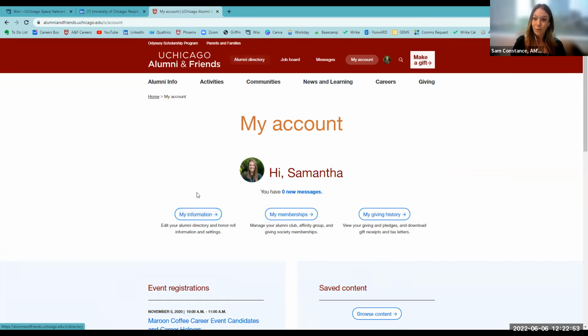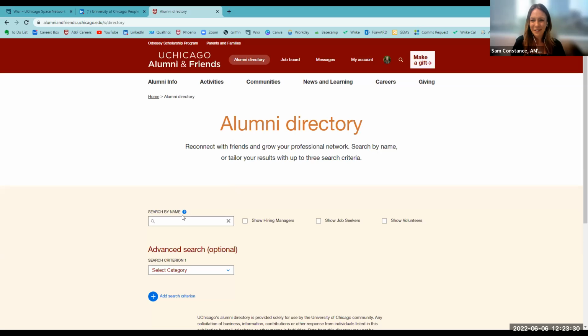And all that information will appear on the directory, or actually I should say not all of it, as much of it as you want. That's a really important piece of this directory, is you can choose how much of your information you feel comfortable sharing with folks, with alumni, authenticated alumni who are logging into this site. It can be all of your information about your career history and your location and everything, or it can be just your name, it can be none of it. And I will also say we don't share any personal contact information on this directory, but we do make it easy for you to connect with folks despite not sharing their personal information.